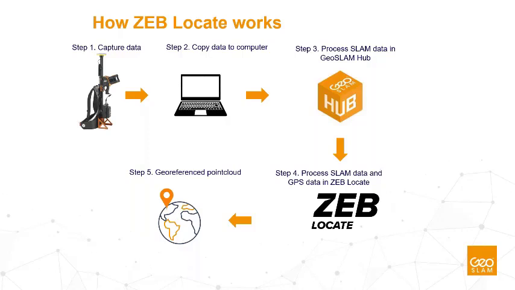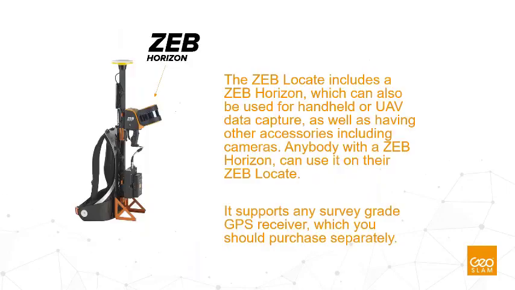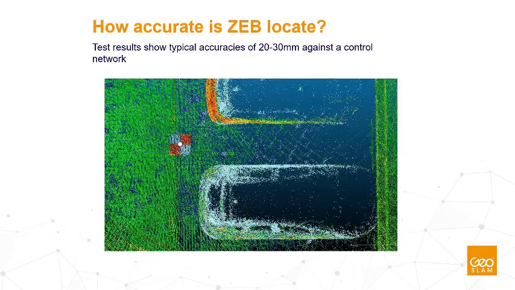And one very interesting feature we are working on is also adjust to control. So it means adjusting the point cloud itself, so that based on the fixed points known by the GPS, we can also adjust the whole cloud of the survey, which would be a very interesting feature, again, to increase the accuracy and the reliability of the data.